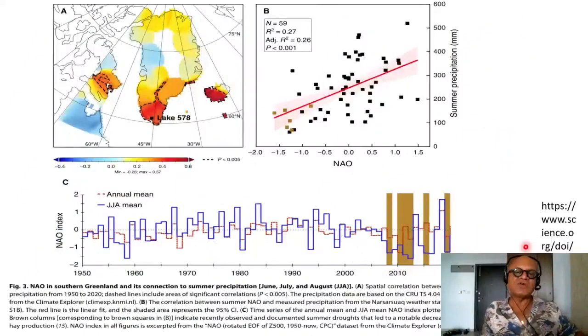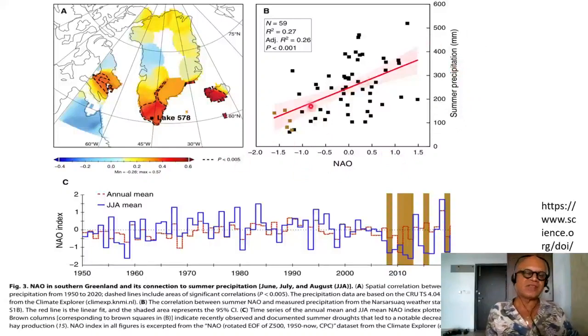To the Viking story, we can look at the modern day climate and how it is related to the North Atlantic oscillation we mentioned before, the pressure oscillation between the Icelandic low and Azores high, and how it affects precipitation over Greenland, North America and Iceland. So we're looking at summer precipitation versus NAO index.